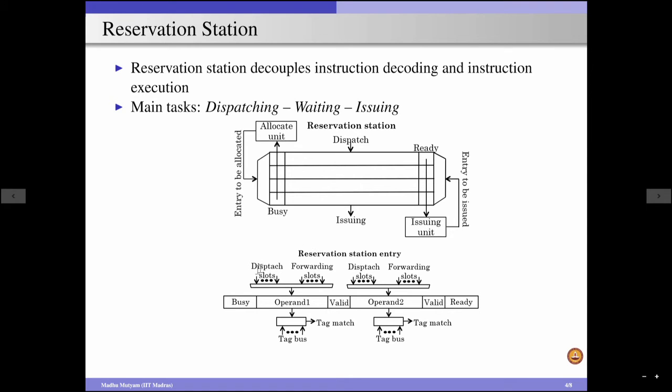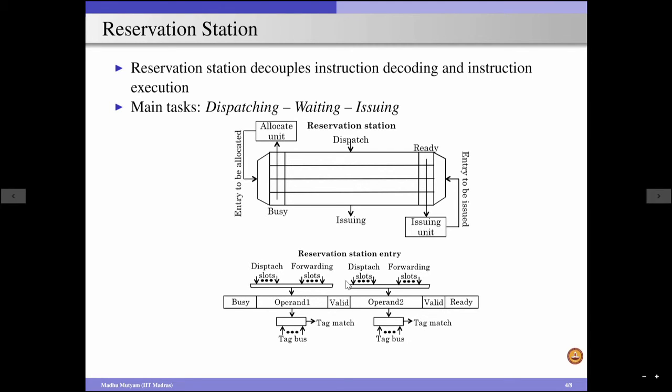And also, here we have support for the dispatch slots, because as soon as we decode the instructions, we have to dispatch this instruction to the reservation station. And so this dispatch slot is going to take care of where to dispatch, or which entry the decoded instruction is to be dispatched to. So that will be taken care of by these dispatch slots, and whenever the value is computed by the functional unit,